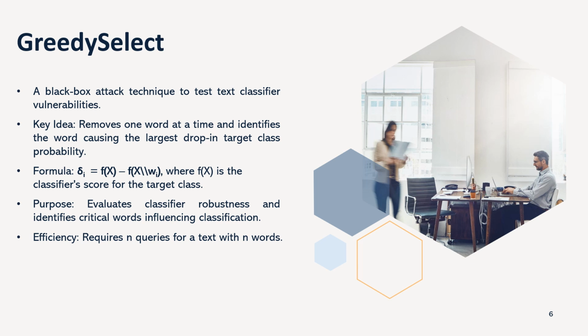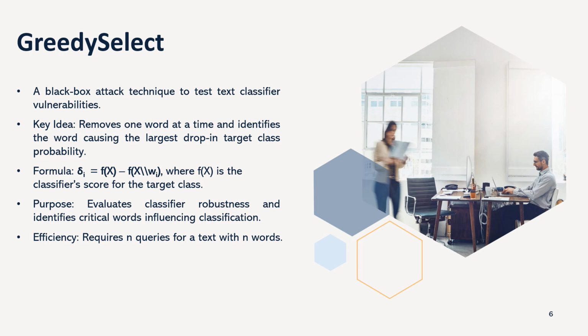Greedy select is a technique in black box attack for finding mistakes or misclassification in a text classifier. It removes one word at a time from a text and identifies the word causing the most significant drop in the target class probability. This approach, requiring n queries to the classifier, is effective for evaluating the classifier's robustness in NLP tasks. In the context of greedy select, we use the variable f to represent the classifier, where f represents the classification